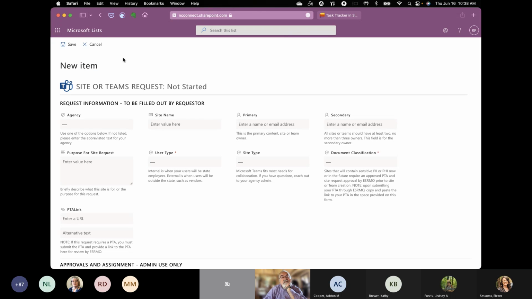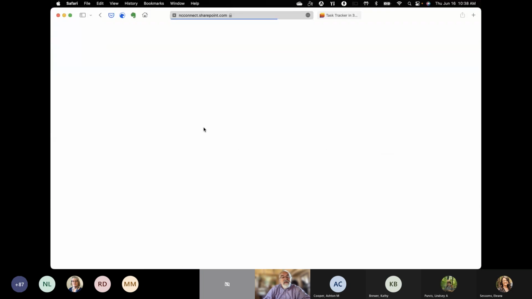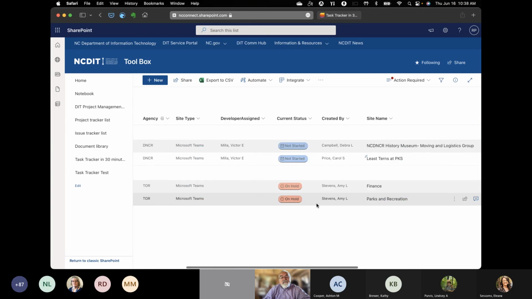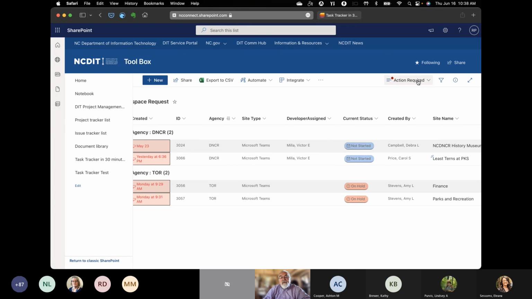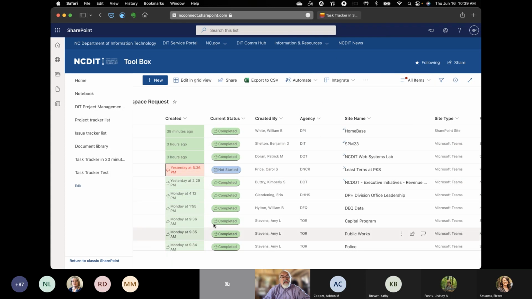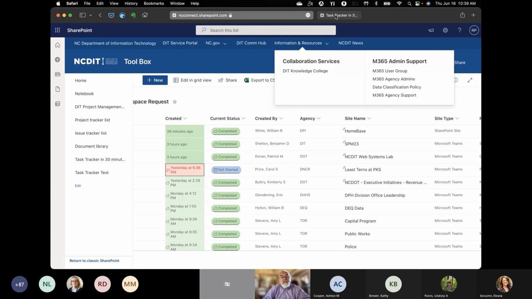You notice the purple is primarily the list's color. Let's cancel so we can get back in the back end, and you'll see I have a report view for action required. I can go to all items. So this is what I mean, that you can really customize everything. So let's get back to our task tracker,